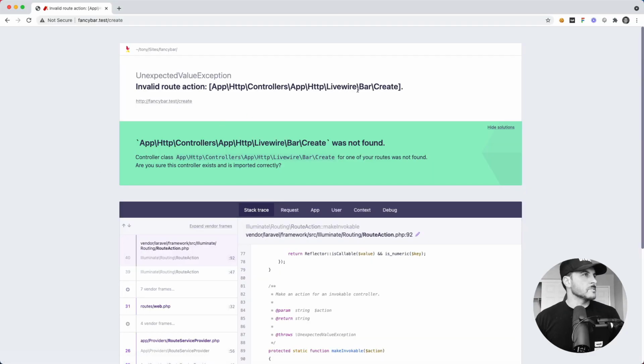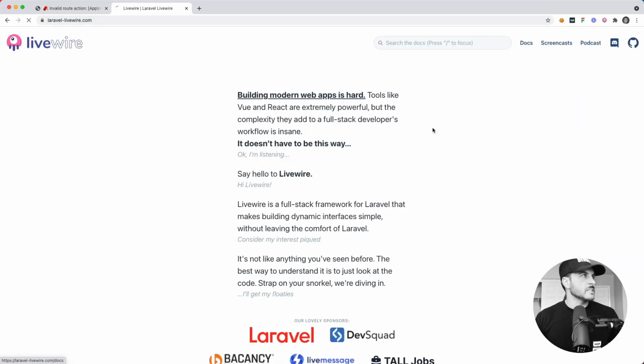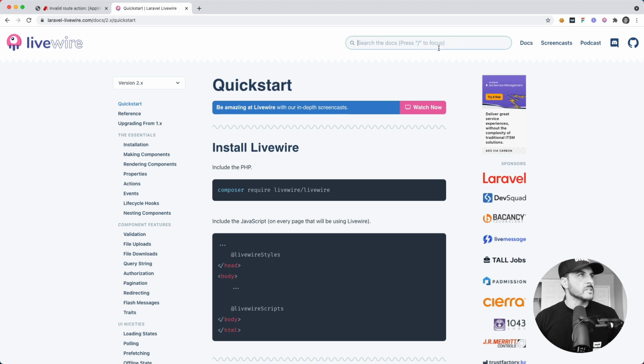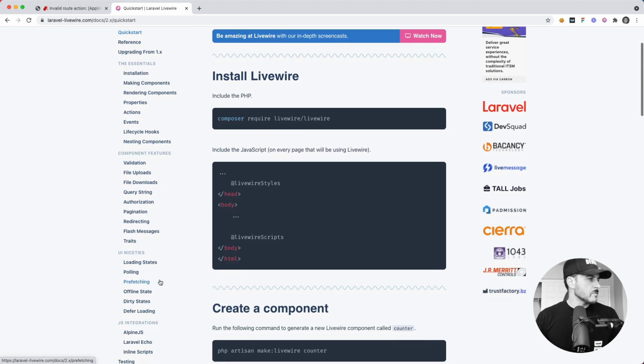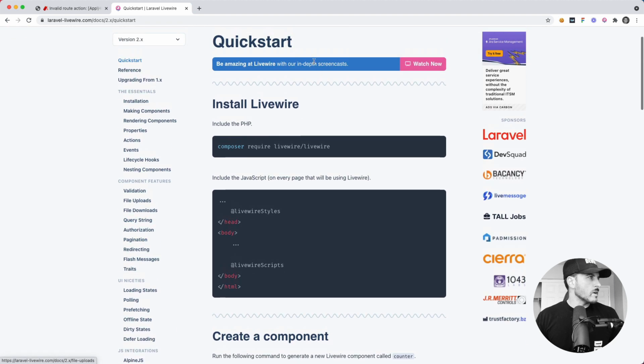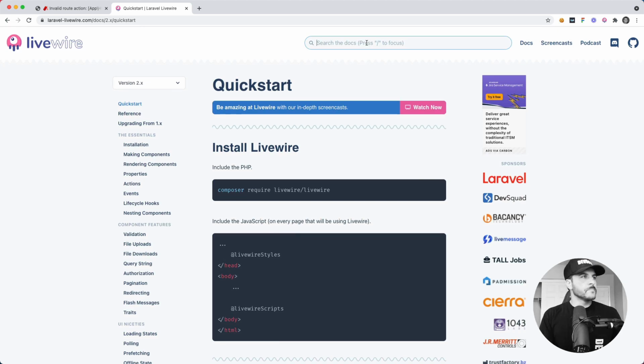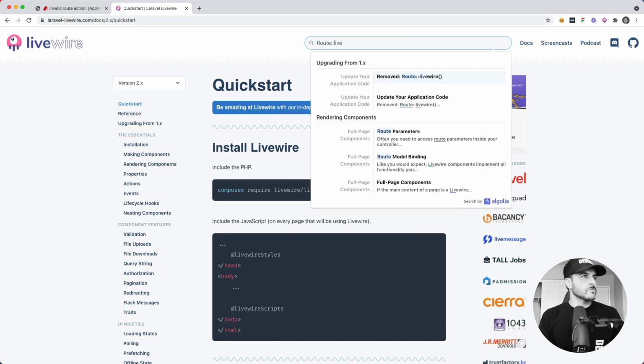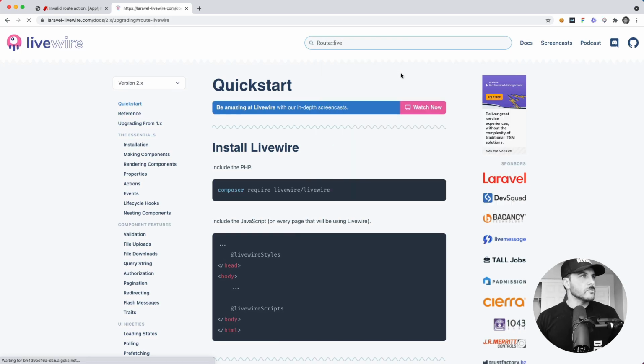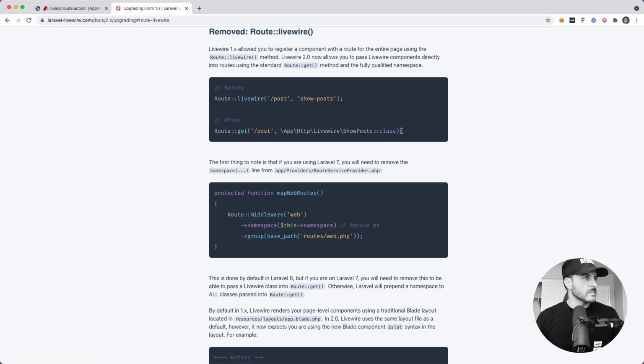Nope, that did not do it. Okay, I think this is because we are already in the namespace for the routes web.php. If I actually look at Laravel Livewire, I think in their docs they say this somewhere in there. So let me see. It's going to be route. I can search for route Livewire because that got removed from version 1, and they're saying that instead you should